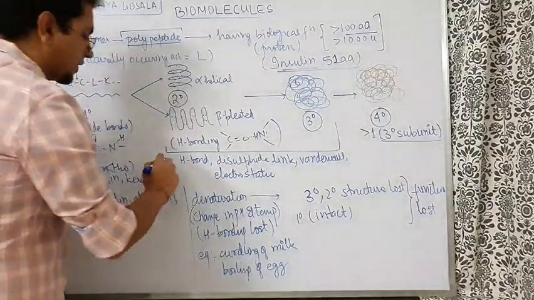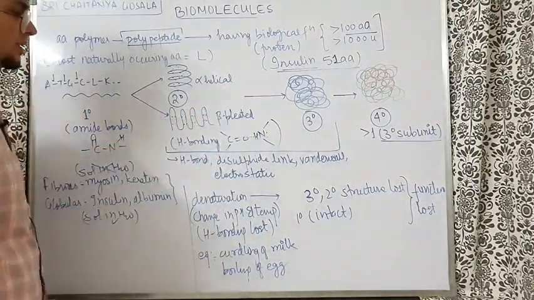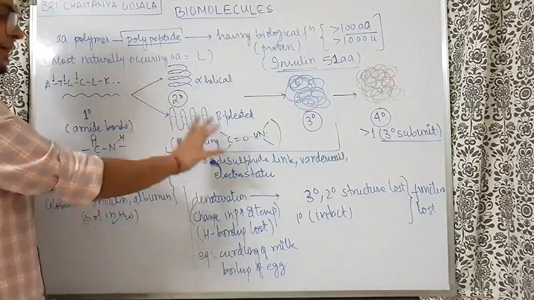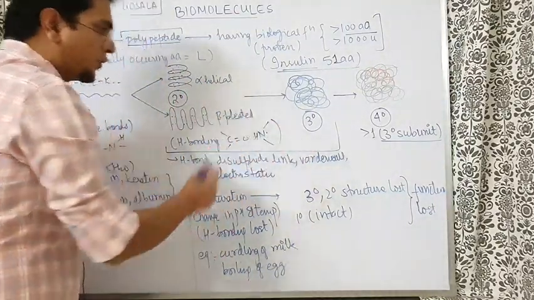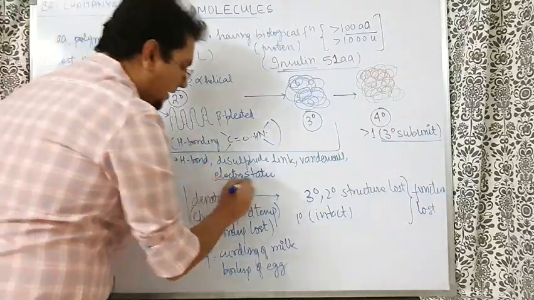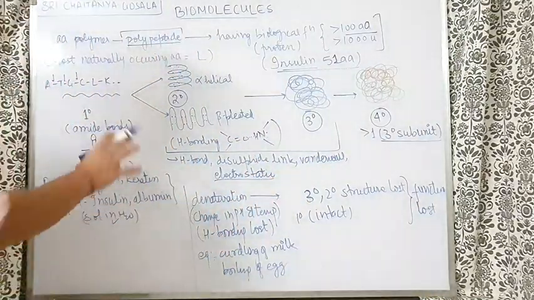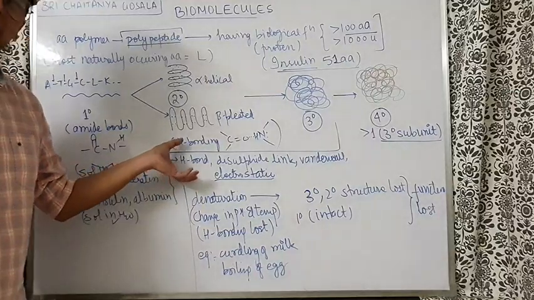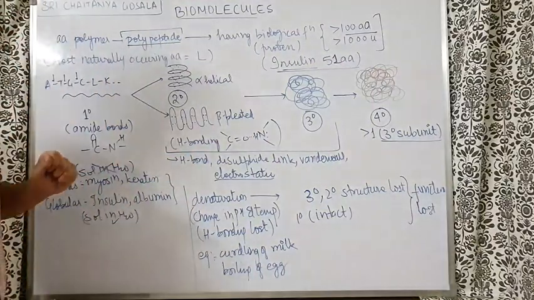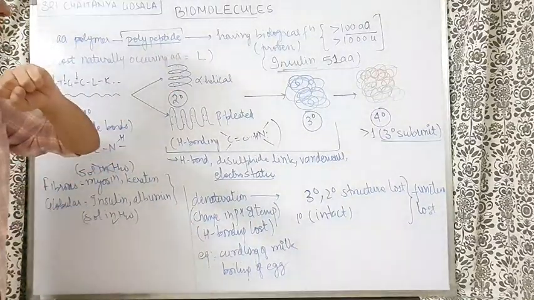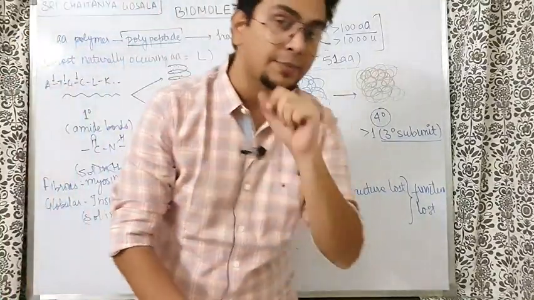Which are the forces of attraction that stabilize the secondary and tertiary structures? Secondary is made firstly by hydrogen bonding. Apart from that, disulfide linkage is there, van der Waals force of attraction obviously is there, and electrostatic force of attraction is also there. So these 4 attractions are there. From this a multiple choice question can be made. Apart from this, understand one very nice logical thing here. When you get an alpha helical structure, the alpha helical structure is very smart.